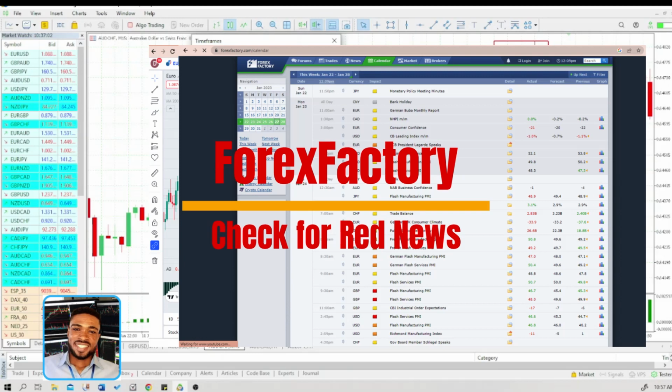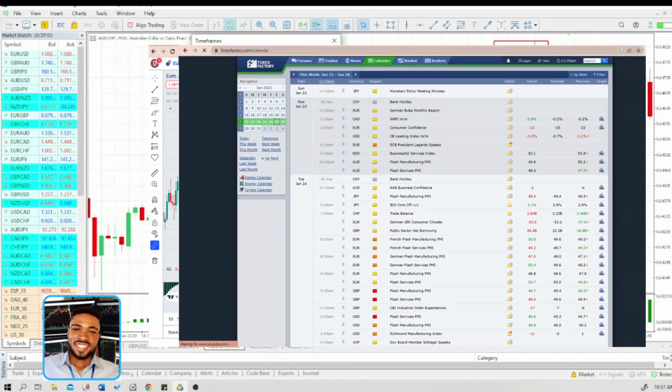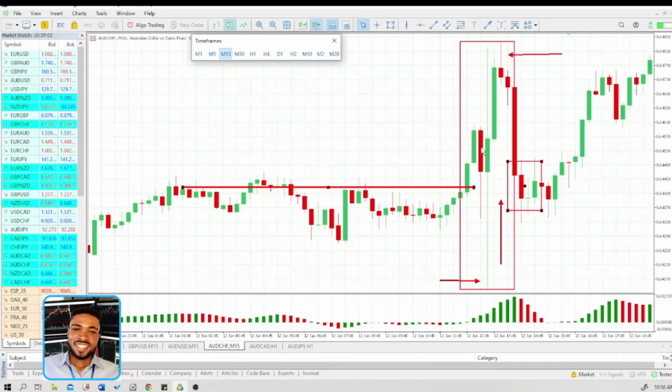But on the site, make sure your local time is synced with your platform time. Just click on the time and it will automatically detect your local time. This is very important because if you get the news at the wrong time, it will mess up all your trades. Most people get losing trades and they don't understand why. Though as a trader you're definitely going to lose, some of your winning trades would have won, right? But because you do not get the news at the right time, or you traded without even knowing there's going to be news,